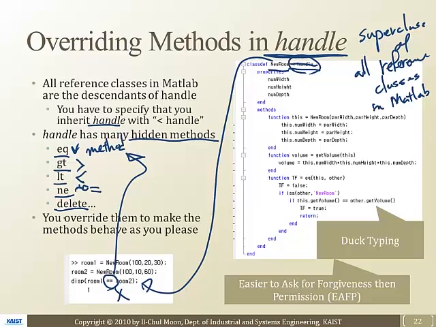Okay? But sometimes, if you want to define a new equal method, then you have to do method override of this equality function.